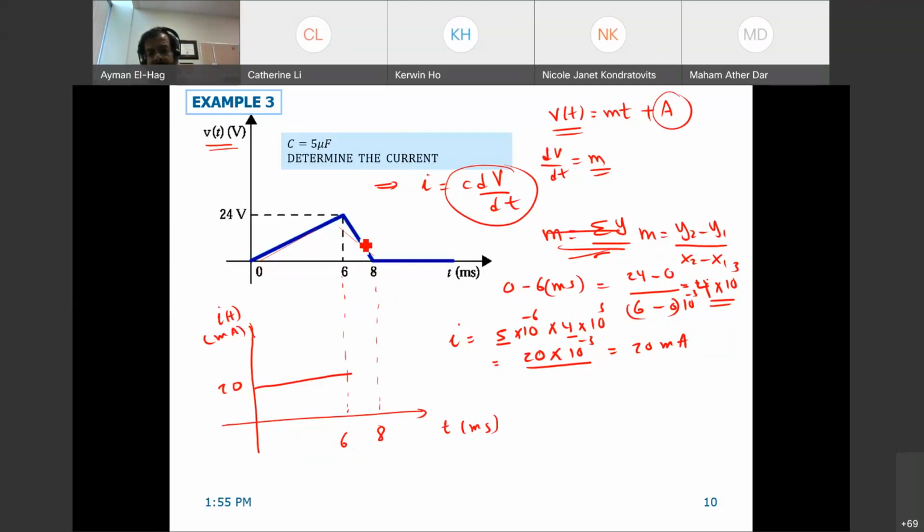Now we'll go with the slope from 6 to 8. From 6 to 8, the slope, again, we will select 2 points. It doesn't really matter which 2 points you select. So if this is your x1, y1, this is x2, y2. So the slope,